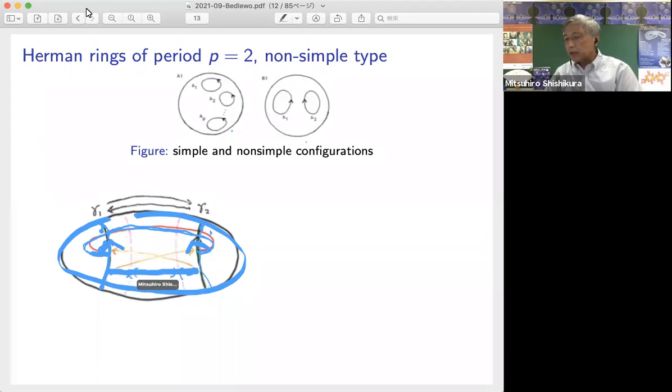So somehow it is necessary to have this non-simple configuration. You need to have some invariant, the inverse images of this cycle. Okay. So if you realize this, it becomes possible to construct. One more thing to note is that,